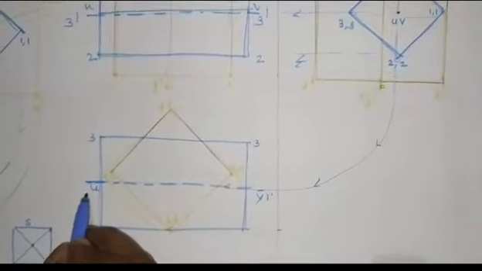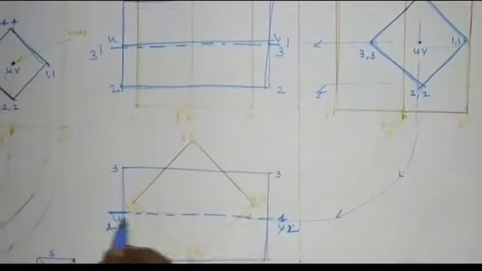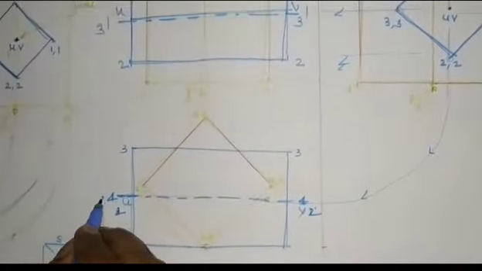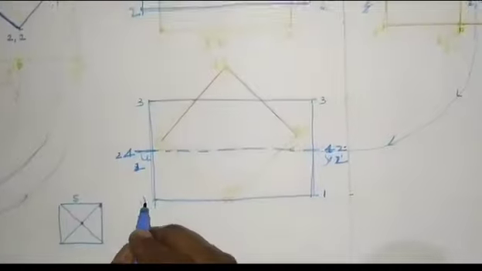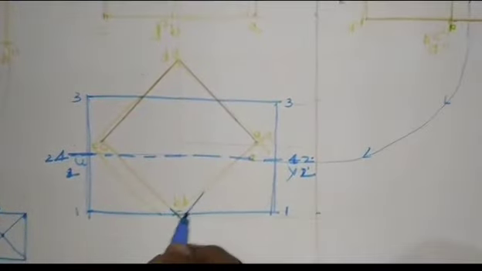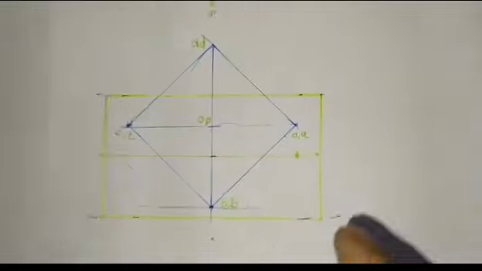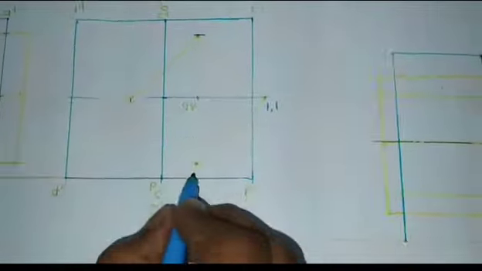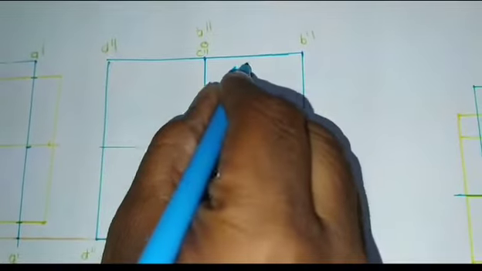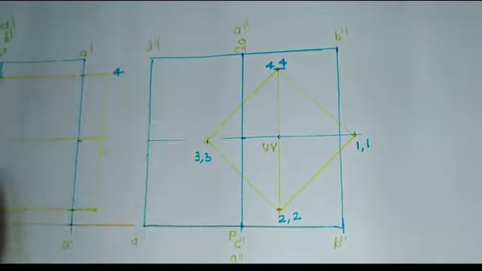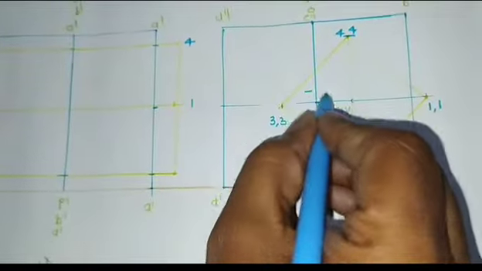1 1, 2 2 and 4 4. 2 2 and 4 4 and this is 1 1. Similarly, here we also name this 1 1, 2 2, 3 3, 4 4. This will be your 4 4, 1 1. This is UV, this is the axis OP